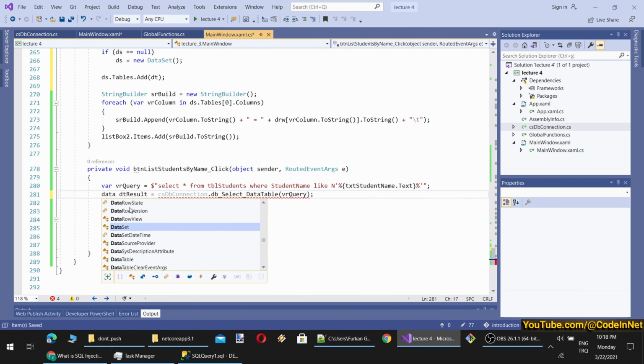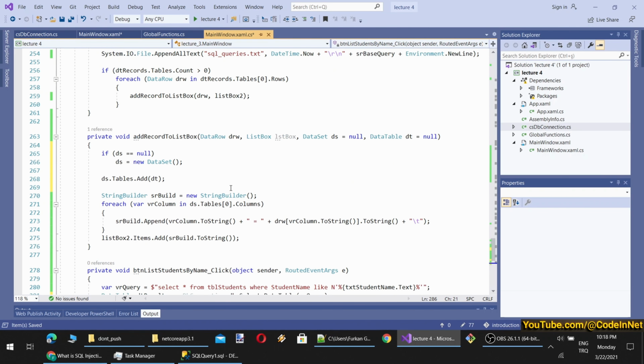Now we can use this method. We will just call our method here. Okay, now they can take null values by default, so therefore I will provide the DT records. So when I provide this data row, this one and this one like this, what happens, do you think? So this is a local variable and it is an object class type, therefore its reference will be provided. And this one is a field of the main window, therefore its reference will be provided. And this one is a local variable, therefore its reference will be provided.